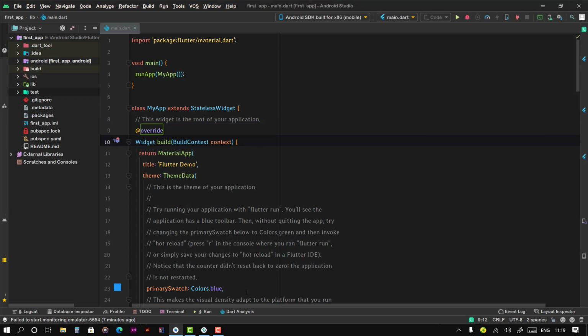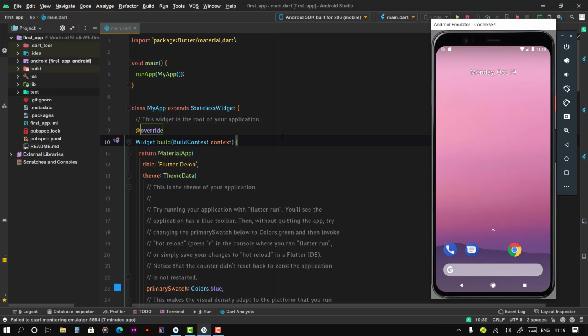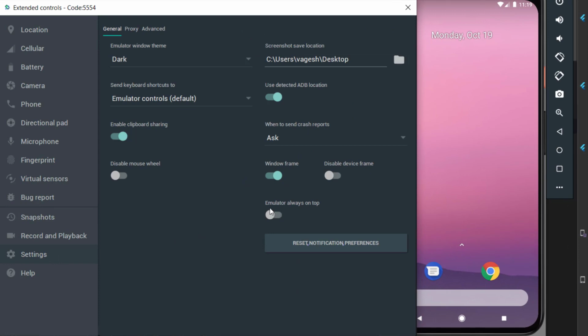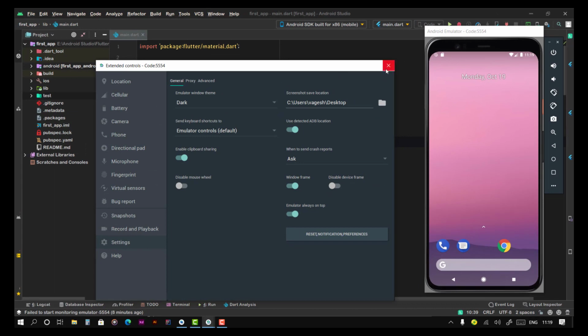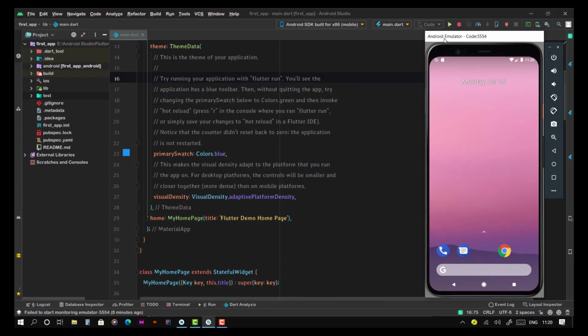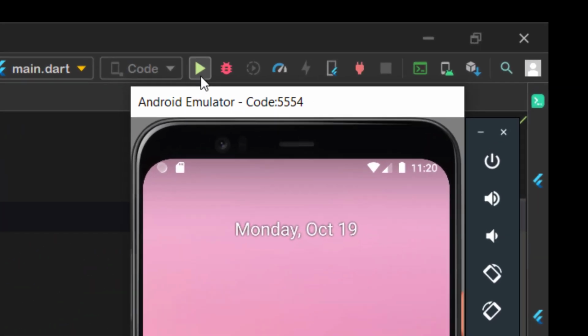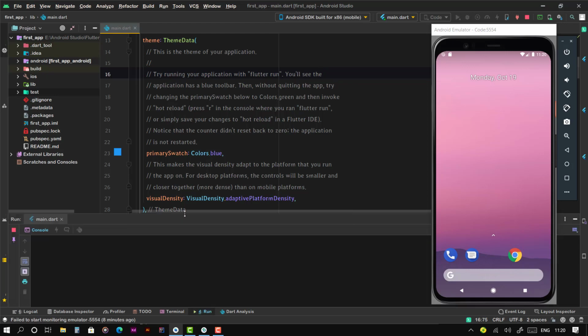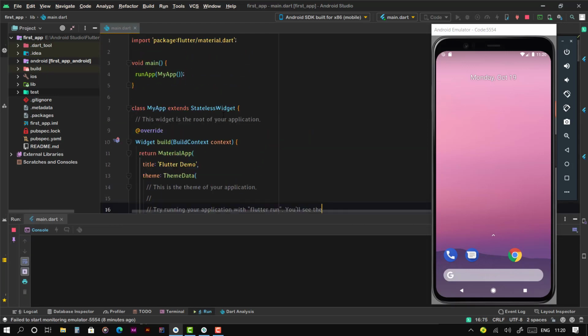Each and every time opening and closing the emulator or minimizing it is tricky work. So what we can do is make this emulator static on our screen. To do that, just click on these three dots which say more, go to settings and enable emulator always on top. This will always keep our emulator at the top and no need to minimize it each and every time. So what we need to do for running it is just click on this play button at the top. As soon as we click on it, it will directly launch this program onto the emulator. Once it builds it,